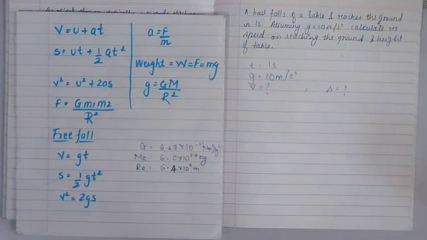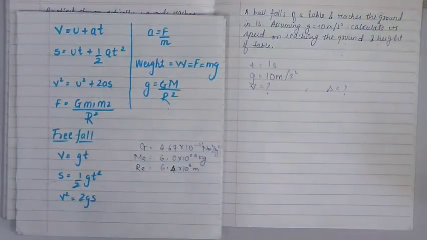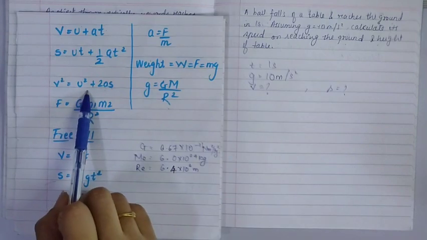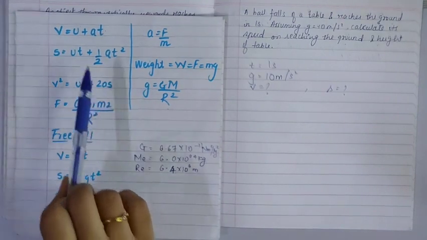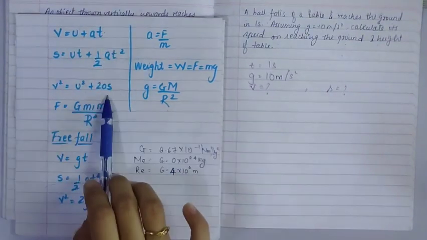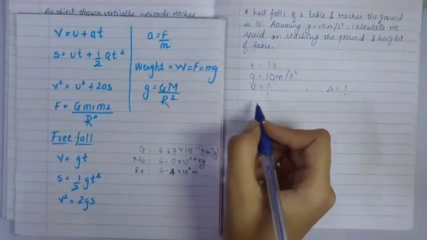Therefore distance is equal to what? Now for v, we'll use which of these formulas? We need to find v, so either this or this. As we do not know the distance, we'll first find v using this formula, because we know t. As we know t, we'll use the first formula.